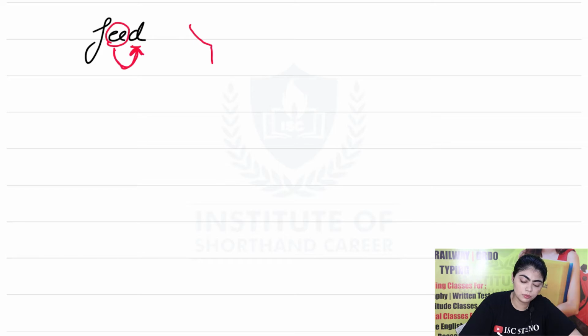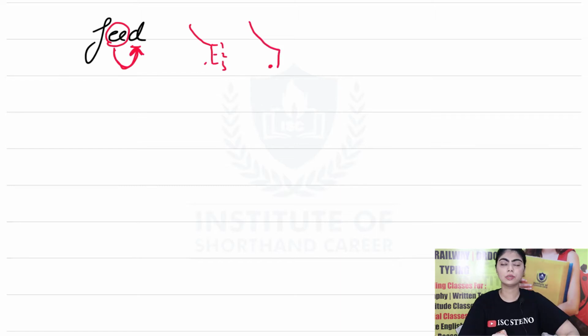Okay. So E would be placed where? On D and before D on the third position. This is the first place, this is second, this is third and it's before D. That means you have to place it over here. I'll make it again. F and D. So E would be placed over here. Because this is a two letter case. Wherever you find two or three consonants in the third place vowel, you just have to place the sound on the next stroke and before that stroke. Okay. Now let us see another word.